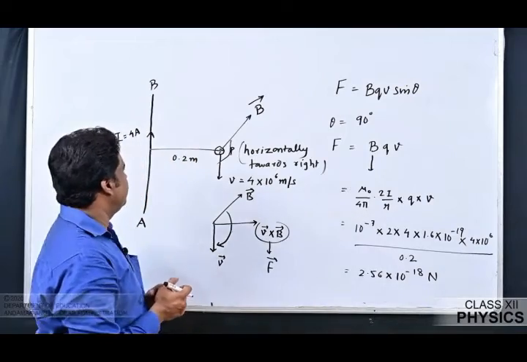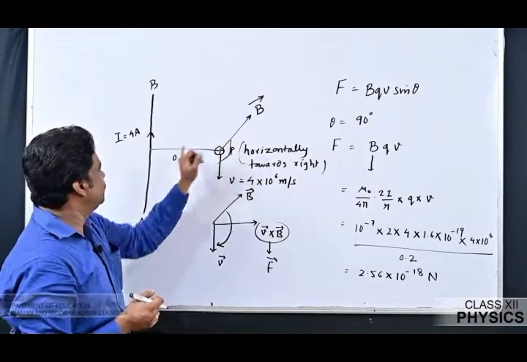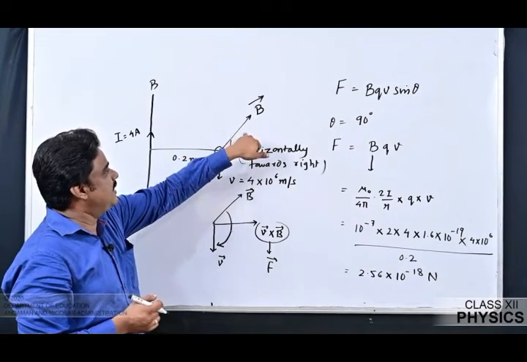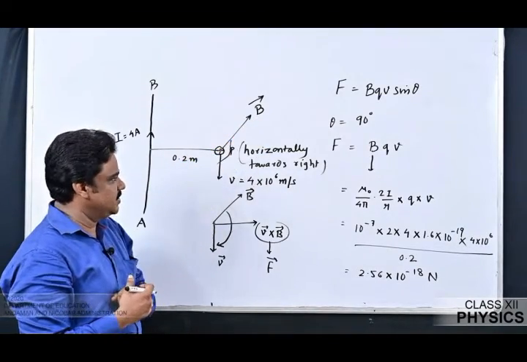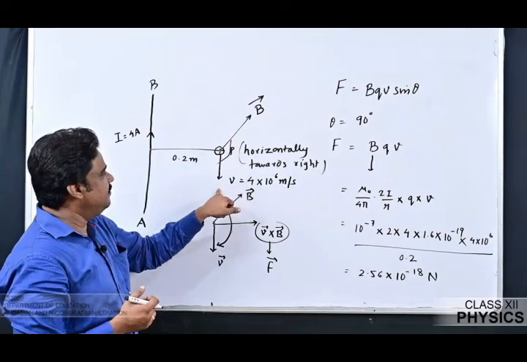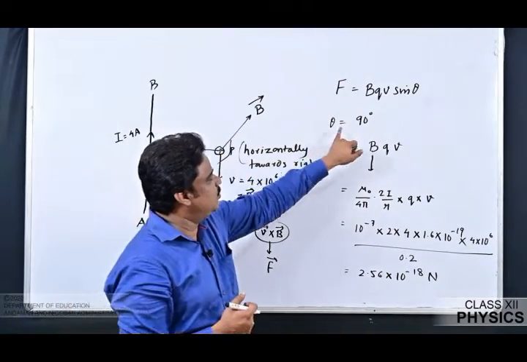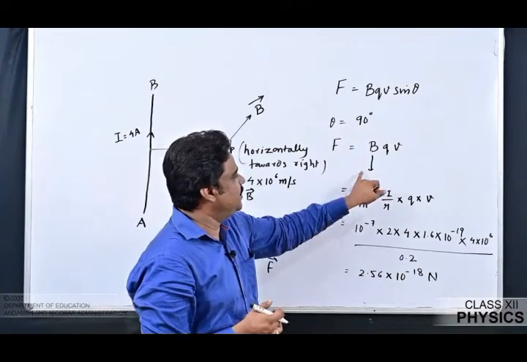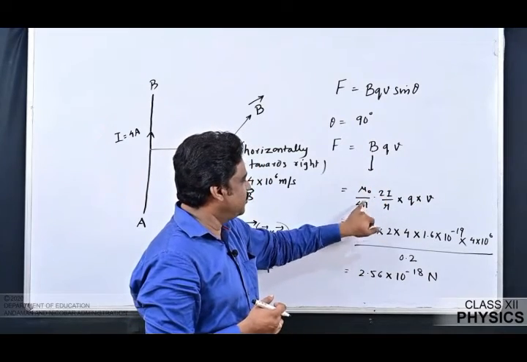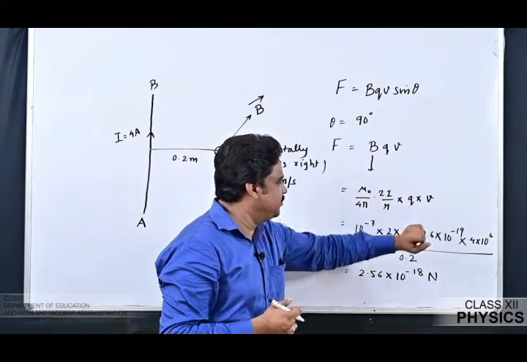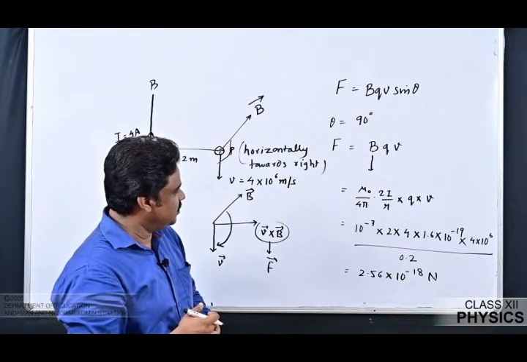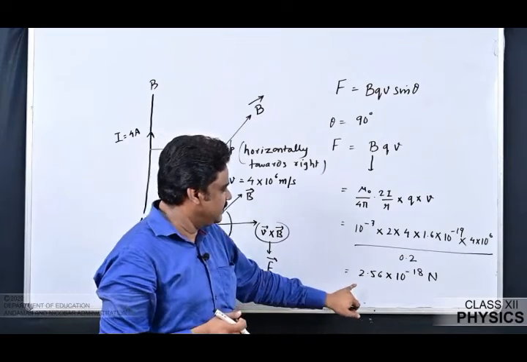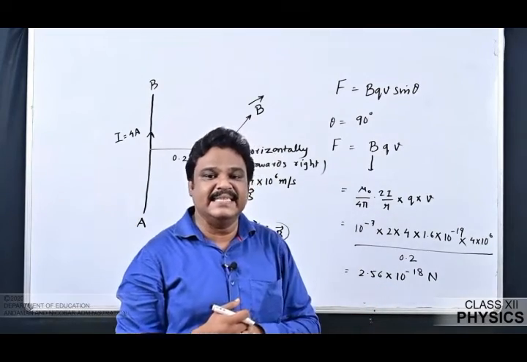Now the magnetic field due to the current carrying conductor is represented as B vector. It is perpendicular to the plane and acts inwards. Now you are able to see B and V are perpendicular. This means theta is equal to 90. By putting theta equal to 90, F is equal to BQV. B is replaced as mu naught by 4 pi 2I by R into Q into V. And by putting all the values on reduction, the magnetic Lorentz force on the proton comes to be 2.56 into 10 power minus 18 Newton.